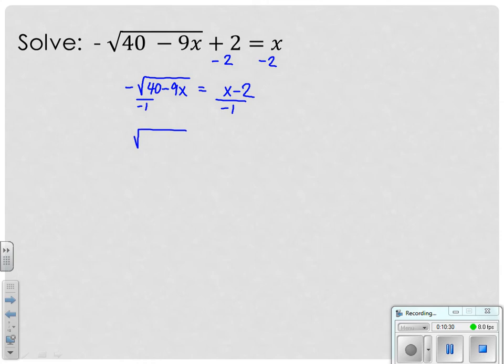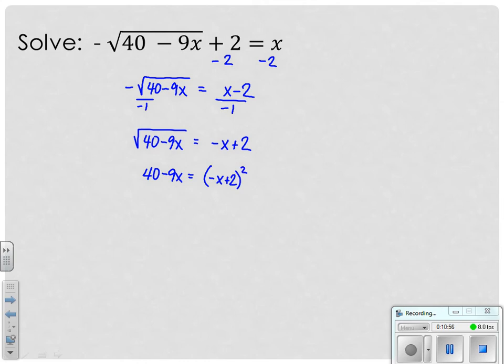So now I have the square root of 40 minus 9x. On the right-hand side, I'm going to have a negative x plus 2. So I have my square root isolated. I can go ahead and square both sides now to get rid of that. So squaring my left-hand side, it's going to leave me with 40 minus 9x. Now squaring the other side,